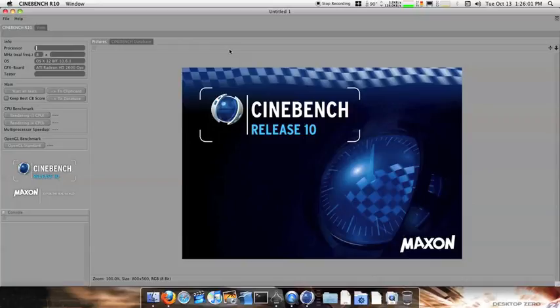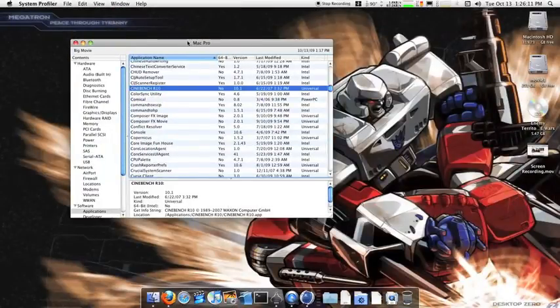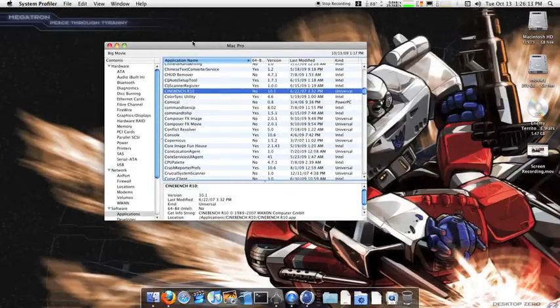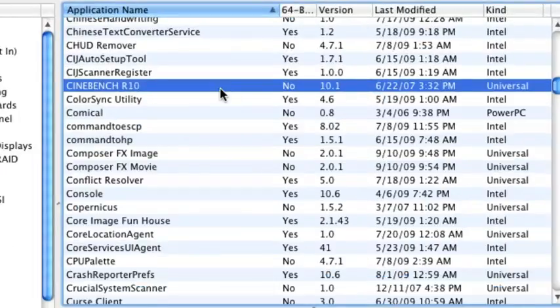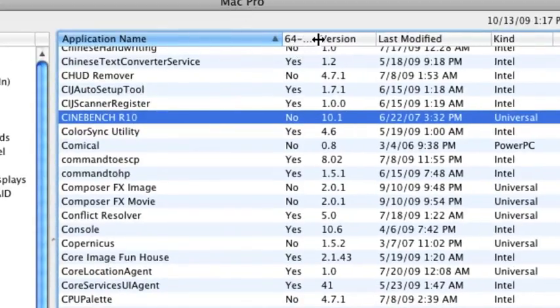Now, I do have kind of an answer why it's giving out bullshit benchmarking scores on the Mac and why there's a problem with the Mac. And it's on this, the System Profiler. If you take a closer look at Cinebench, there's the 64-bit, and of course it says the kind is Universal. Why is Cinebench universal? It should be Intel, or at least, yes, there are other programs here that are not, but anyways,